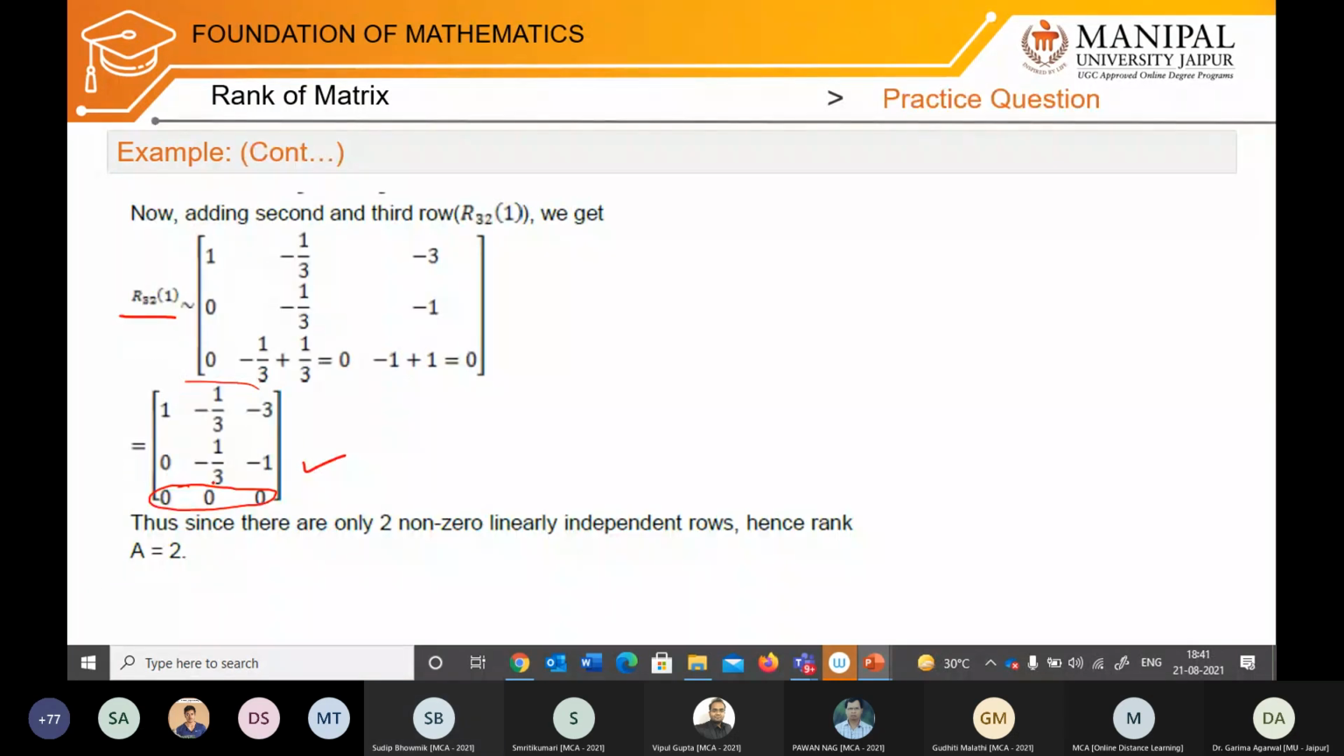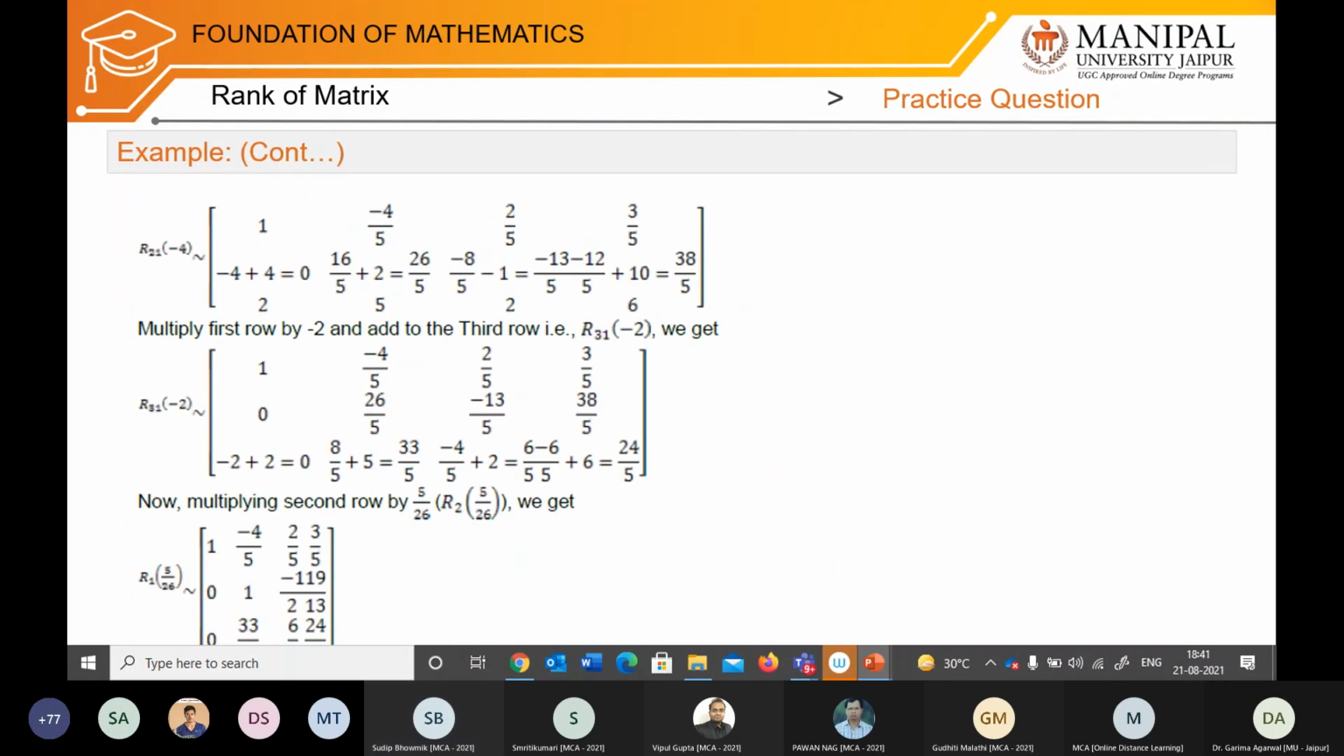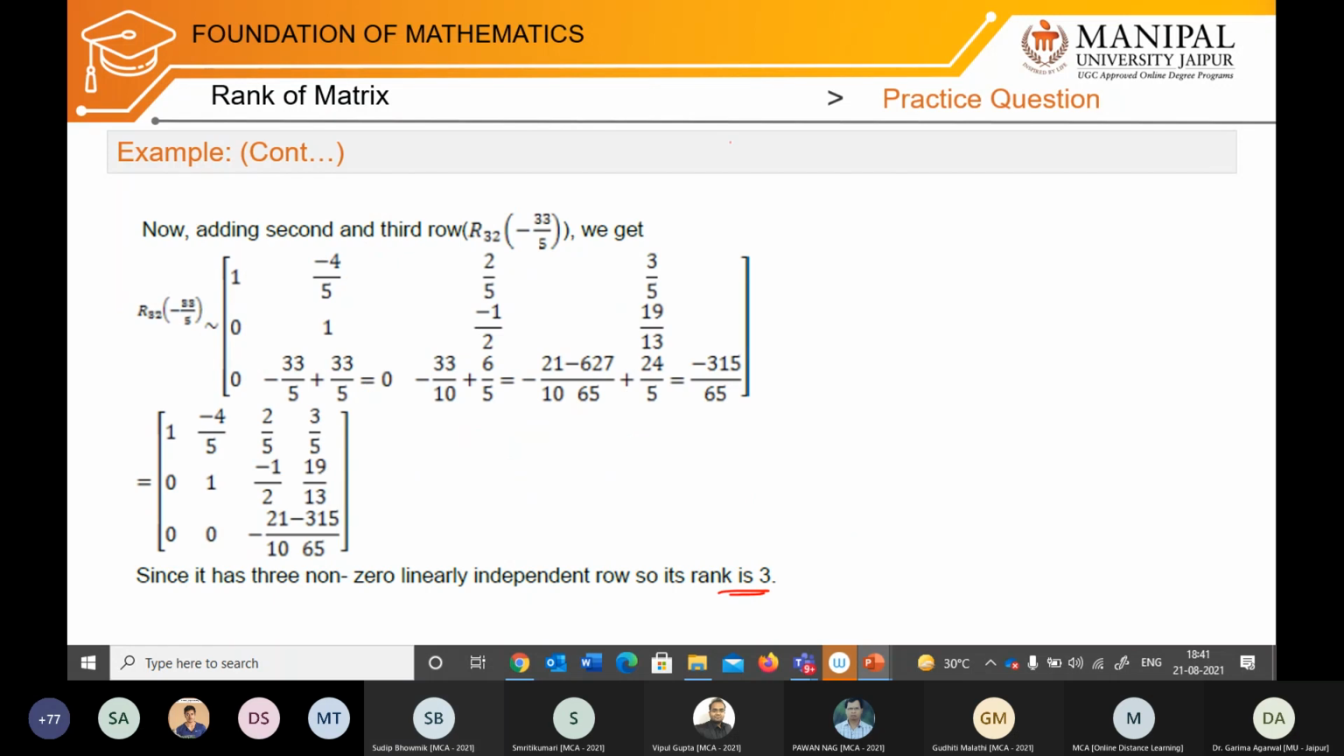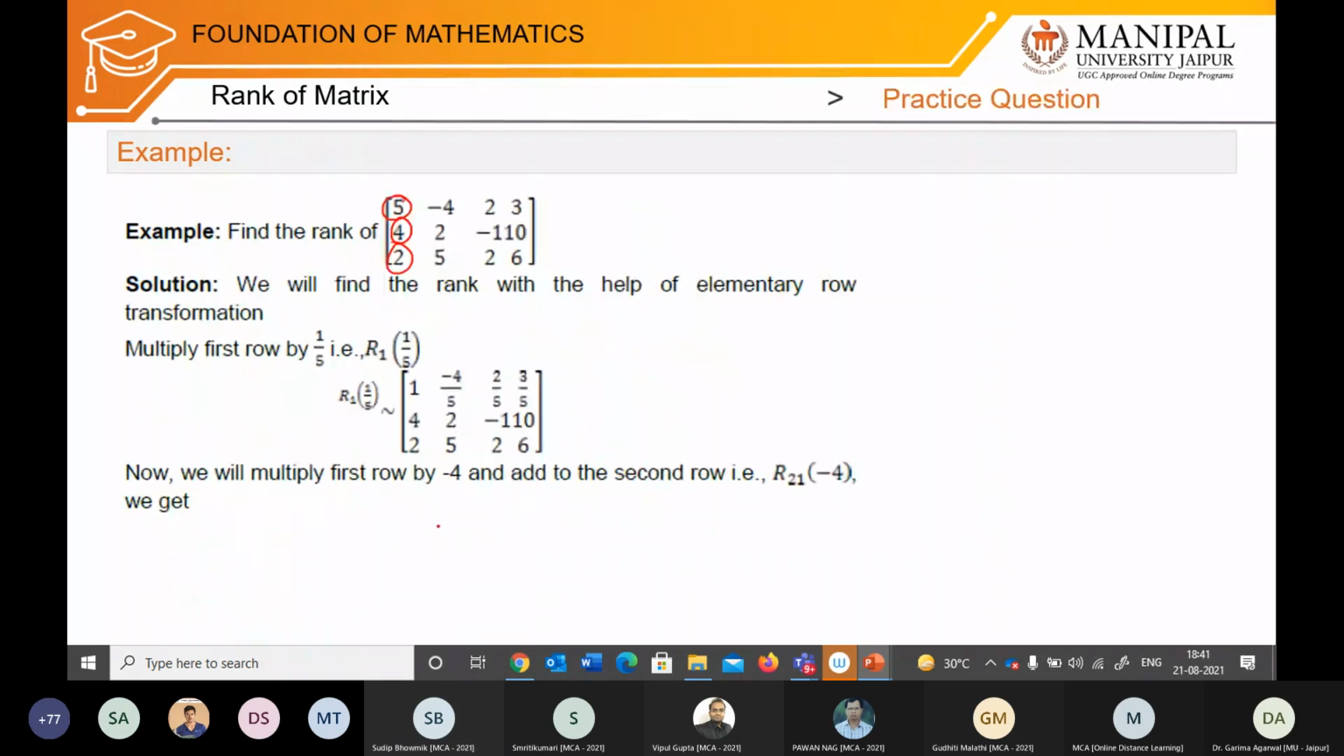So the number of non-zero rows is 2. So this is the rank of the matrix. Okay. So one question is how do we know whether we are able to convert any row to all zeros or we cannot identify, like in this next question, right? Like in this next question,